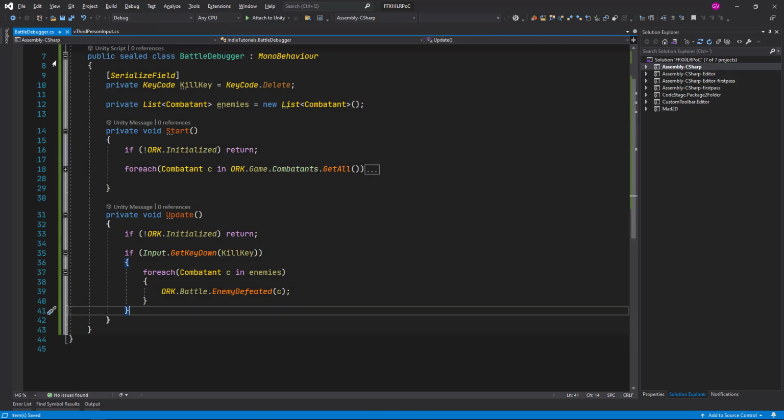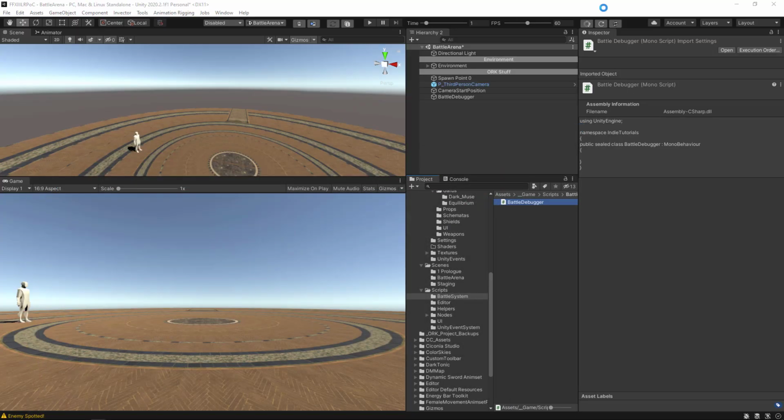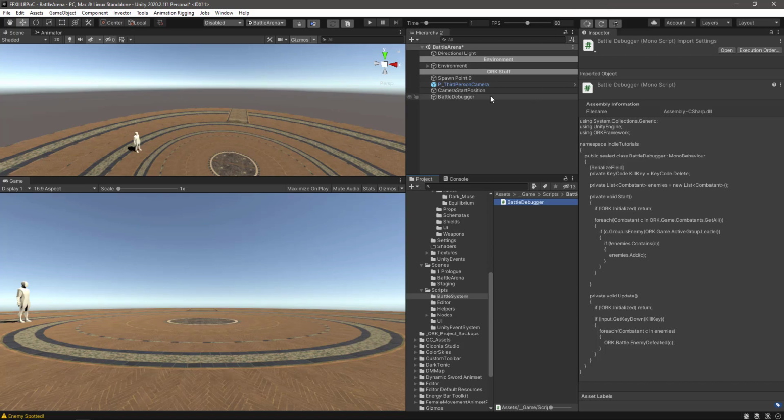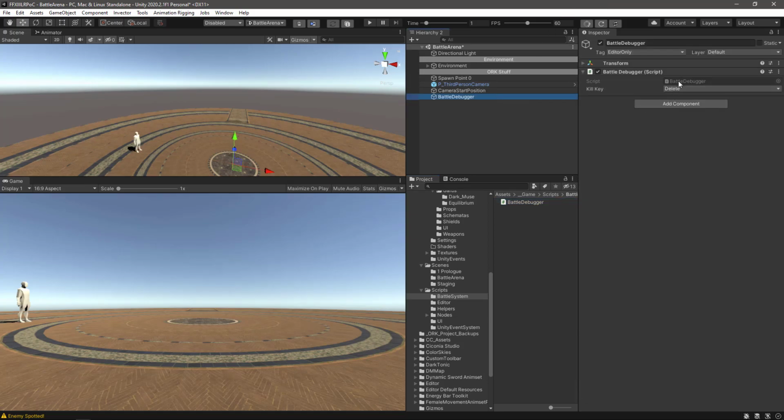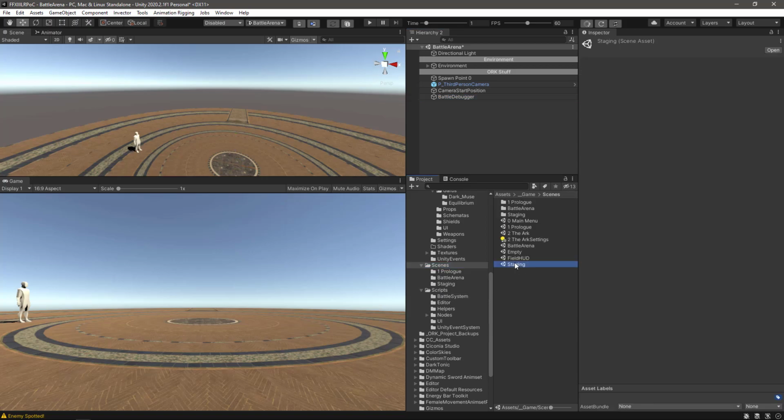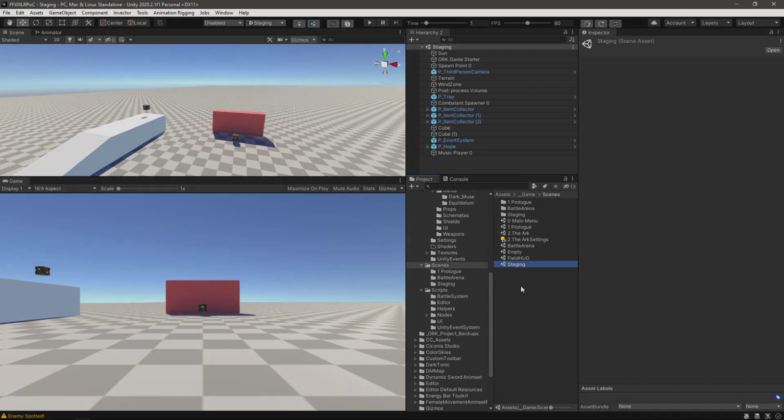Okay, so let's save our changes and go back to the Unity editor and let it compile. So we have our script, we have the default key already set up, so let's move up to the staging scene. Let's save the changes, of course, and let's give it